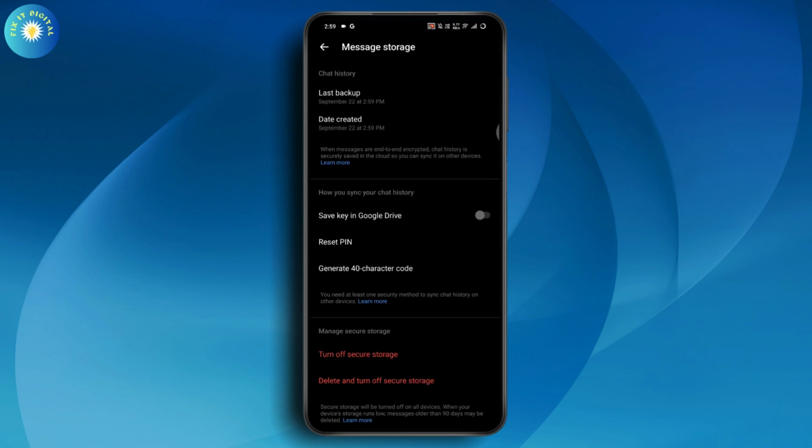Now, if you log into your account on other device, then it will ask you the 6-digit PIN, and once you enter the 6-digit PIN, you'll be logged in. So that's how you can